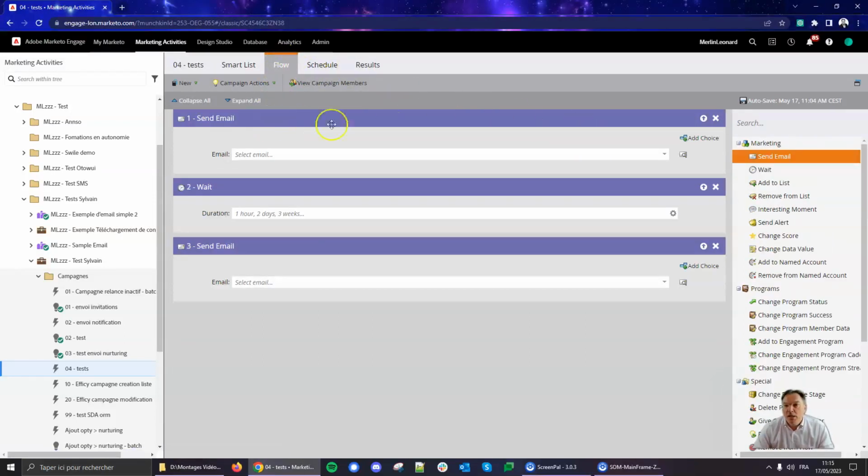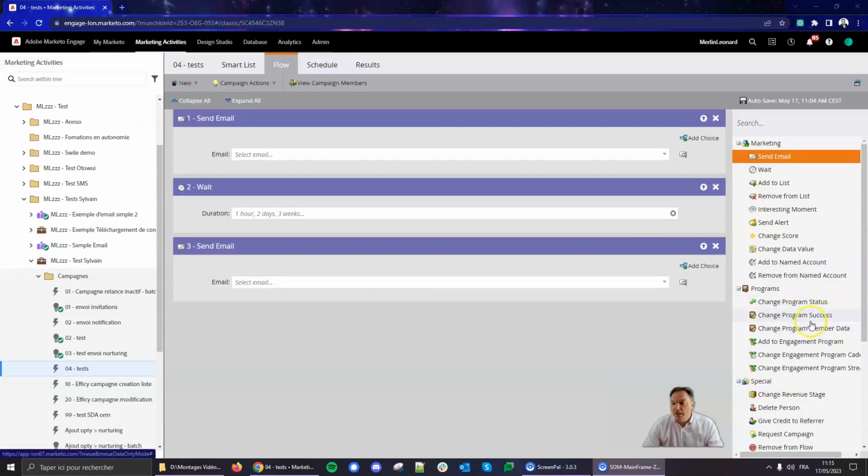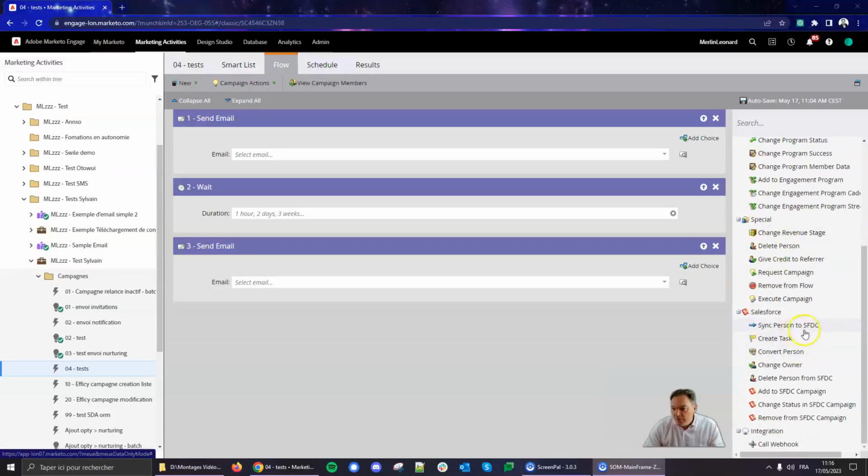For instance, send an email, wait, change a value in the database, add those people to a campaign with a certain status, play with the ABM, change their score, push them to Salesforce, create a task, call a webhook, for instance, if you want to send a text message or send their information to an external database to enrich the person profile.